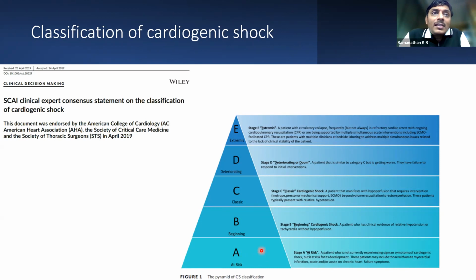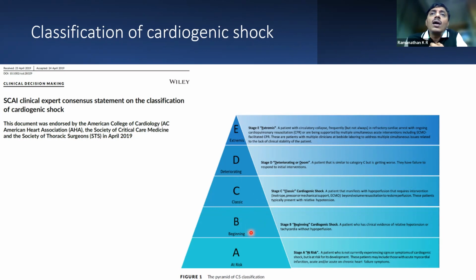Now, these are the patients who have otherwise what we call a stable MI or stable acute heart failure. Now, these patients definitely need to be monitored closely. And they, as I said, can develop cardiogenic shock. And when they move to stage B or stage C, they start showing signs and symptoms. Now, these are the patients who would have hypotension and tachycardia. Now, they may have features of hypoperfusion, such as a raised lactate or a reduction in urine output. And our patient whom we just mentioned would fall into one of these categories. Essentially, he would be more in category B than category C till we get to see further of his results.